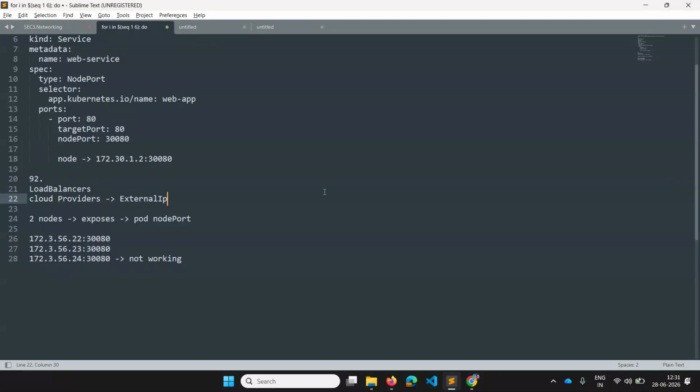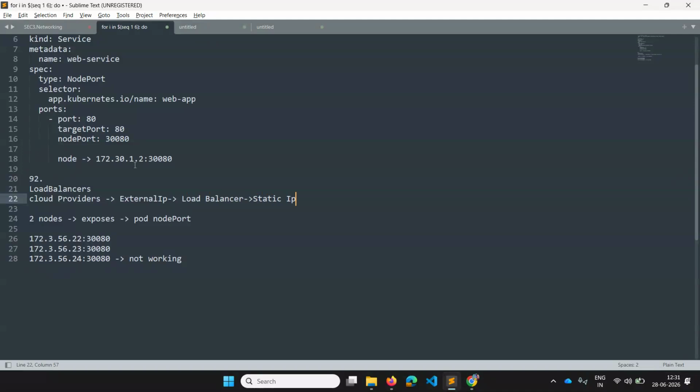Whenever your application wants to ping that particular pod, I told you that these node IPs will not be visible. Then which IP will be visible? There will be an external IP assigned by the provider for that load balancer, and this will be a static IP.